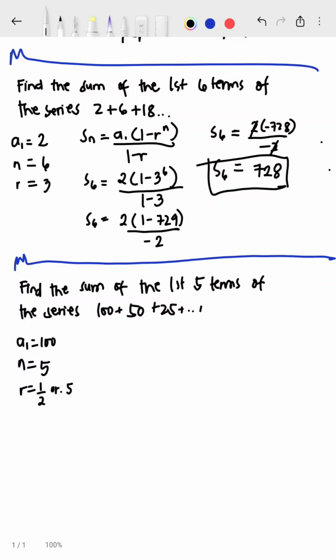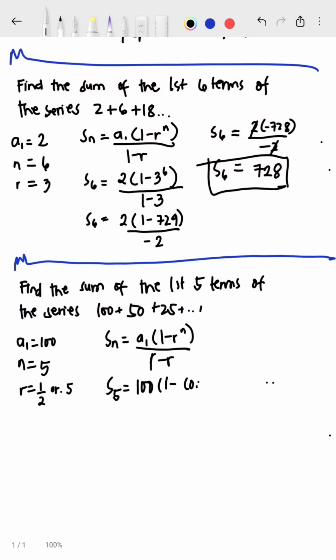Oh, mula po dyan sa given natin. Eh sir, less than 1 to. But still, ang sabi sa atin, we just need to add the first 5 terms. So, dun pa rin tayo sa finite geometric series. So, use again this one, S sub n equals A sub 1 times 1 minus r raised to n over 1 minus r. So the sum of the 5 terms, where the first term is 100,